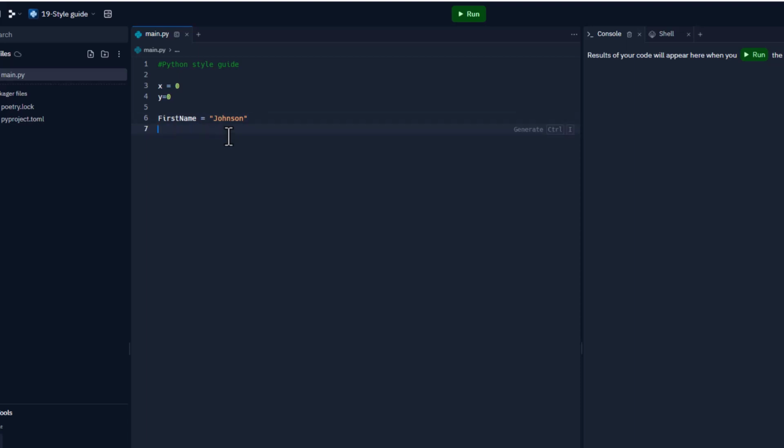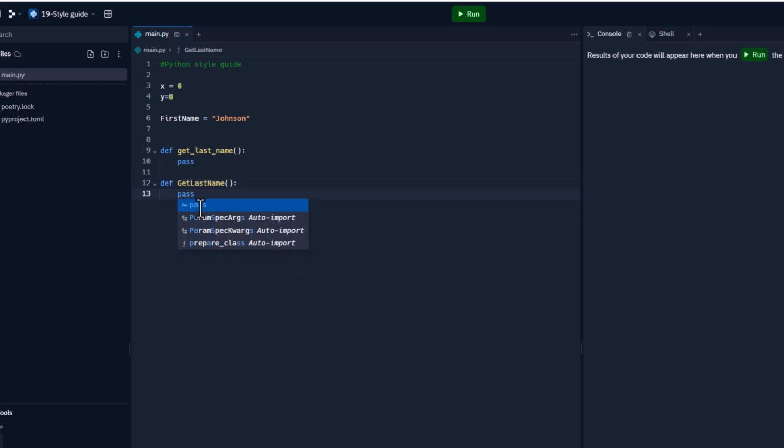So if I were to do a function, the recommended way in Python is just do lowercase. So I could say get last name, right? So I actually have 3 words. And I could just do, actually, I'll just put a pass statement here. Okay, so this would be the correct way. But again, if you were to write a method, a function where you would say def get last name, okay, that is going to work as well. But again, it just comes down to what is the standard,